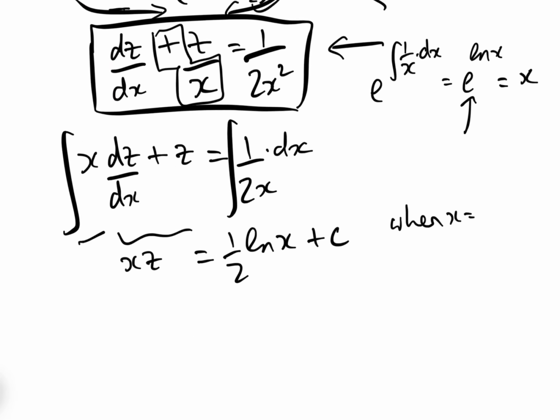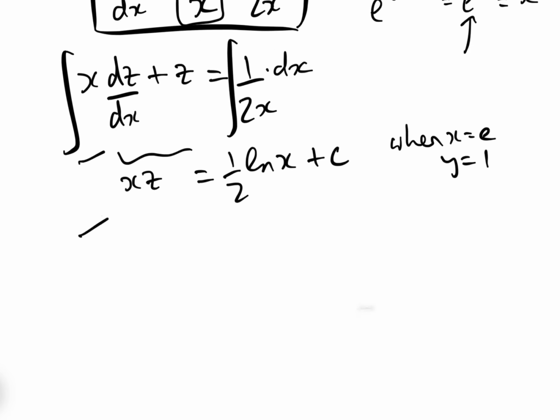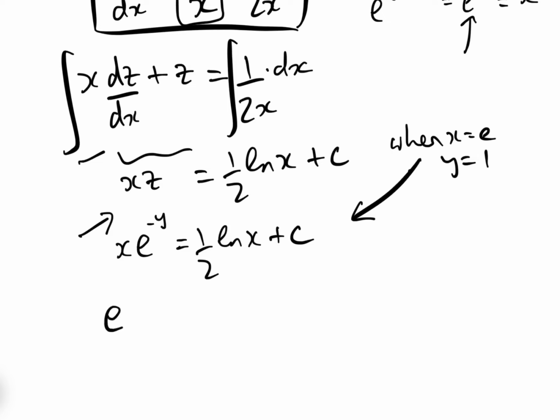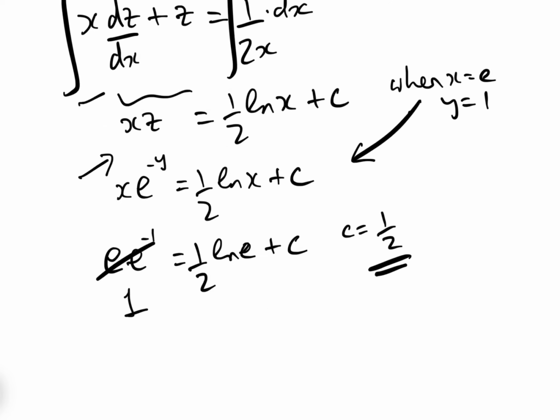So when x equals e, y equals 1, and basically as we've got this in the form z, and z was, what was z again? e to the minus y, so we can now rewrite this as x e to the minus y equals a half log x add c, and we can put in our initial conditions, which gives us e times e to the minus 1 equals a half log of e add c, and e to the minus 1 is clearly 1, and log of e is 1, so that gives us a constant of integration equal to a half, and so therefore we now have x e to the minus y equals a half log x add a half,